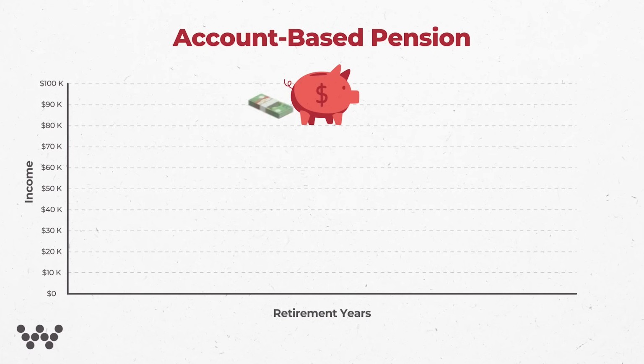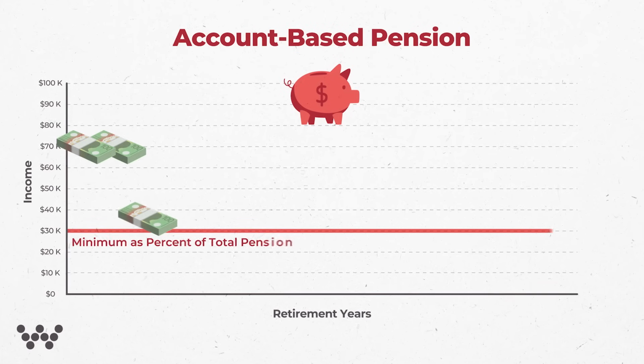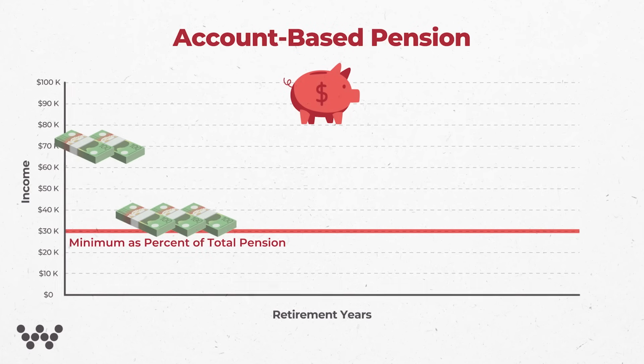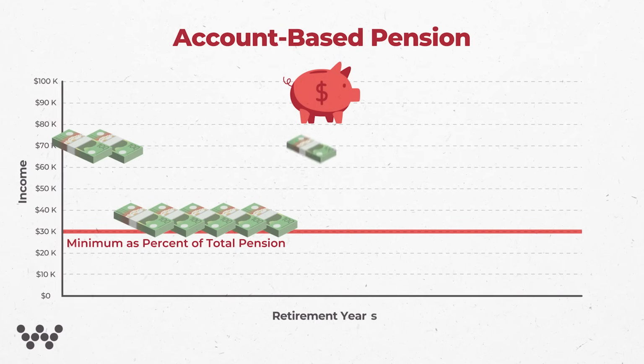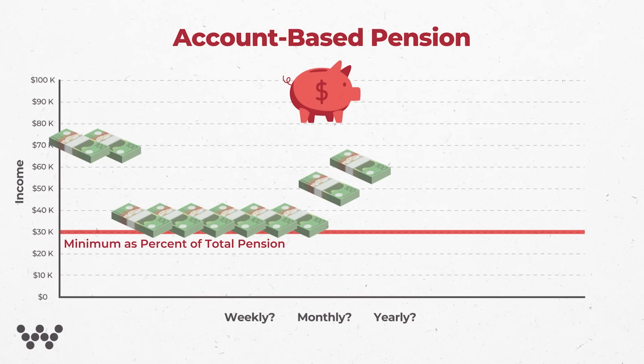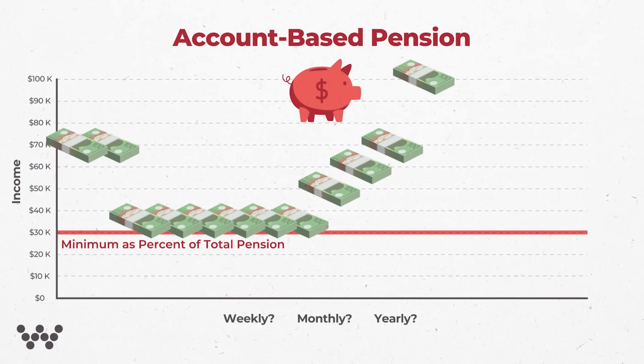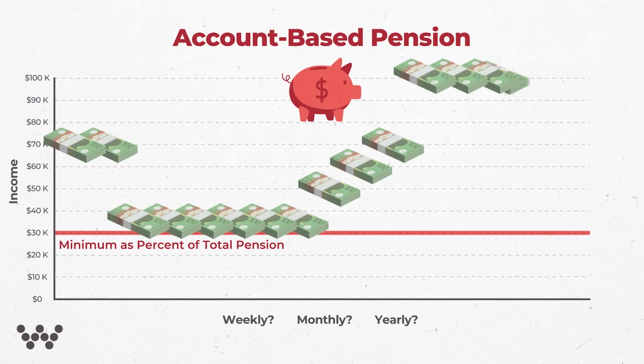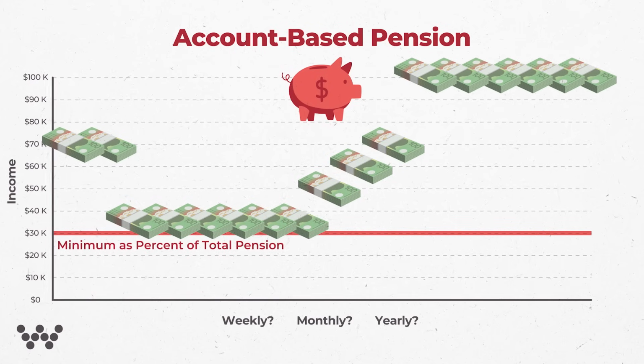The other benefit is, because it's an account-based pension, you can decide how much you get paid. There are some legislated minimums that you have to draw each year, but you decide how much you get paid and when. If you want to be paid weekly or monthly, if you want to be paid $50,000, $60,000, $70,000, $100,000 from your assets, you can determine that, and you can determine how it best suits you and your family. So you can structure it exactly to suit your needs.